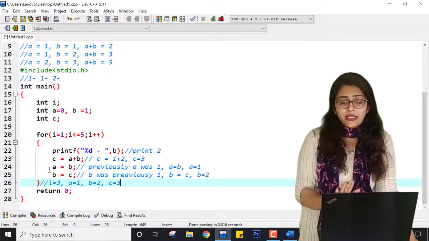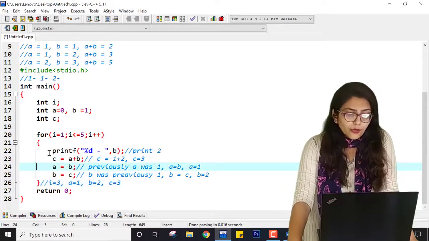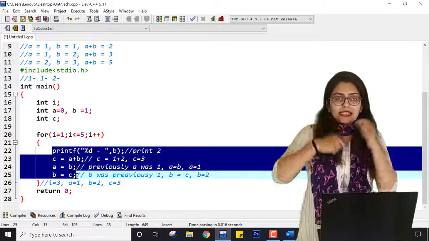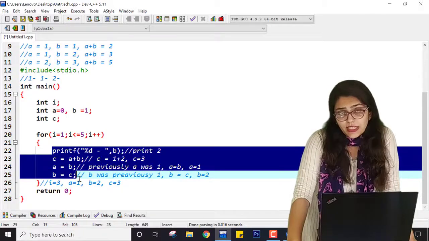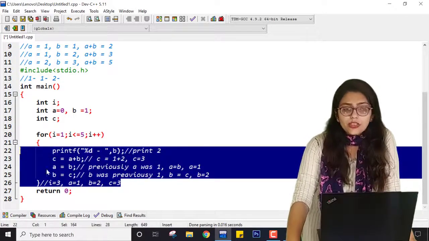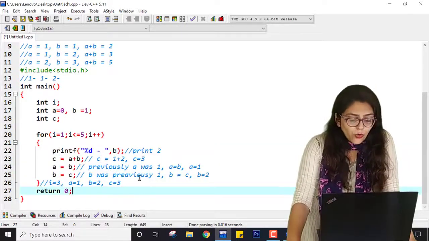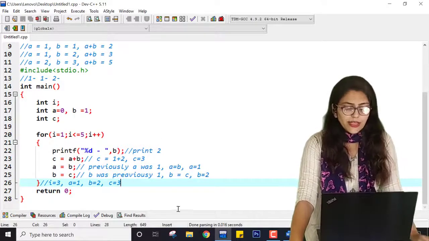It happens at the beginning, but if you are practicing this code, now your homework program is, without using, you can use this logic, but by interchanging the places, can you still get the answer? Check this by yourself by trying to use some different lines or logic or alternative lines. So this is your homework program. If you are doing that kind of programs, you will be able to understand this program very easily.